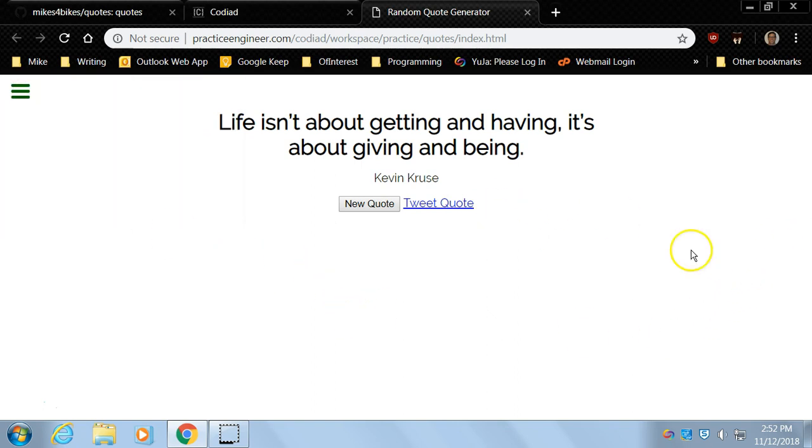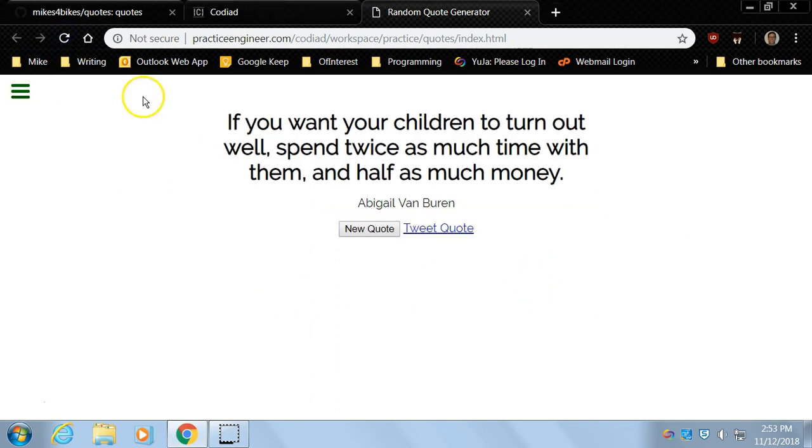The reason why I'm doing this one is because in a lot of cases they were using React, and I'm not a big fan of React. I think it's wasteful. But that's just my opinion. Instead, I prefer jQuery. So this was actually done in jQuery, and if I refresh it, you'll see that a